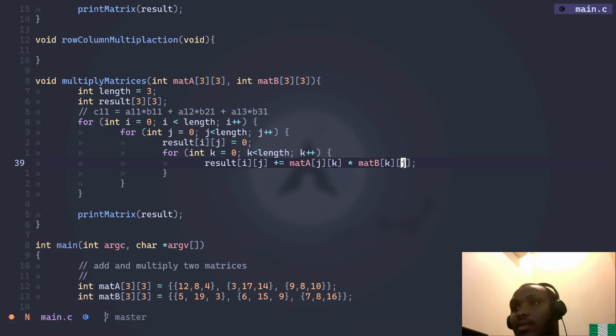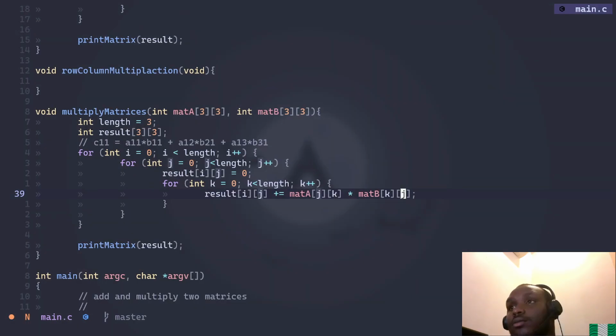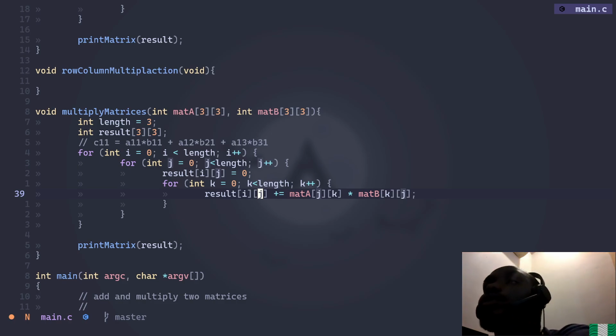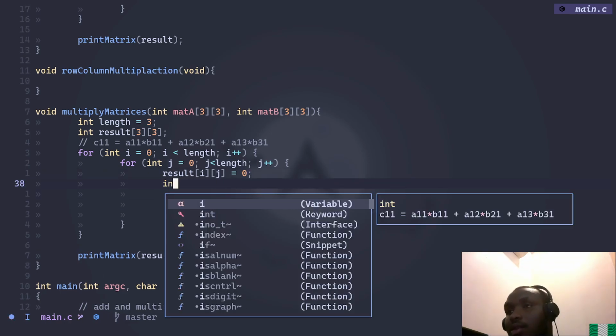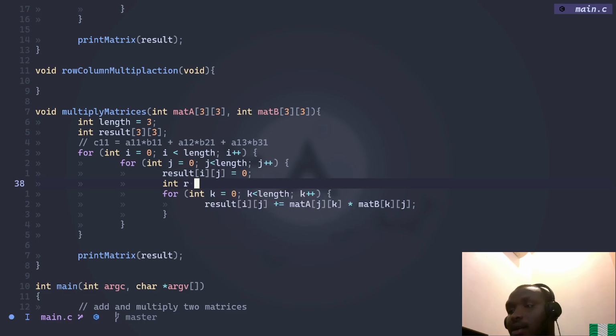Six for uniform. I think the problem is with how I am assigning this. I think that's where the issue is. Let me try something out. Let me int r